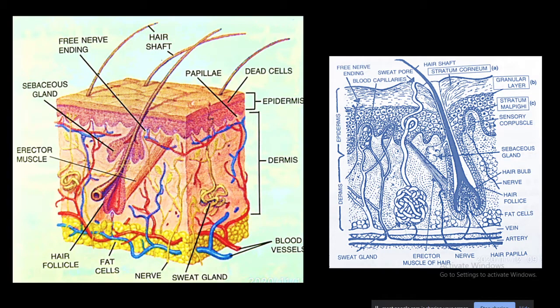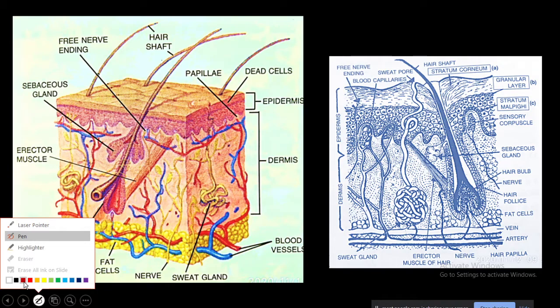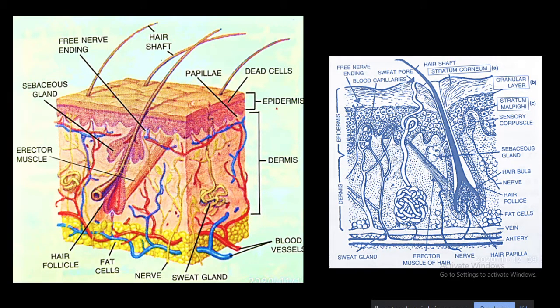So what we saw in the previous class was the structure of the epidermis. Okay, this is the epidermis. So when we are looking at a roughly 3D model of the skin, this upper layer that you are seeing here is called the epidermis. Epi means up, right? Below that is the dermis.